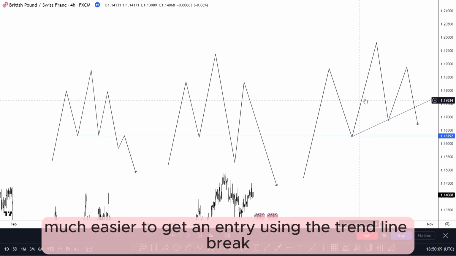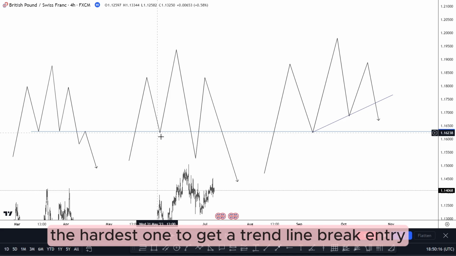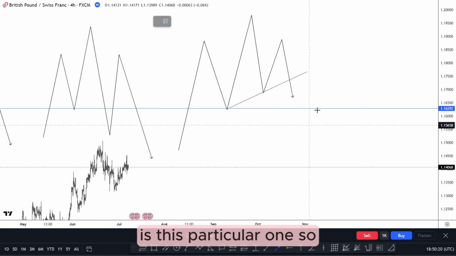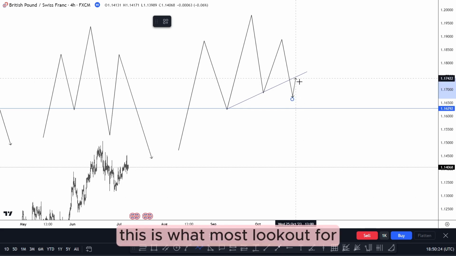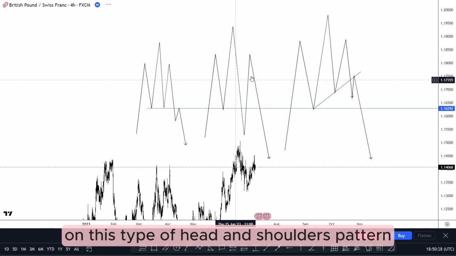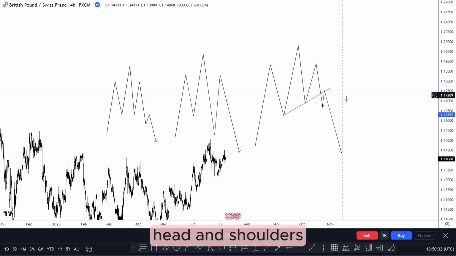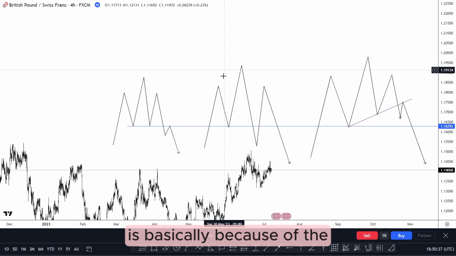It's much easier to get an entry using the trendline break than this first one. The hardest one to get a trendline break entry on is this particular one. So this is what we most look out for on this type of head and shoulders pattern. Now the reason why I classify these three things as head and shoulders is basically because of the